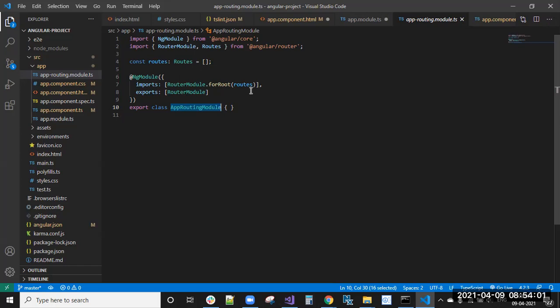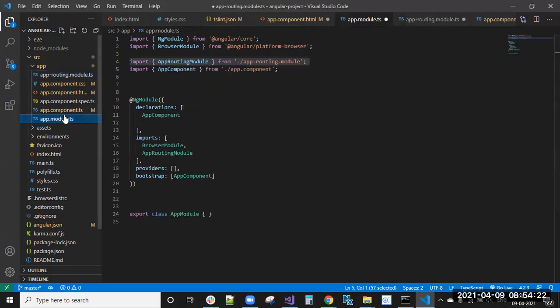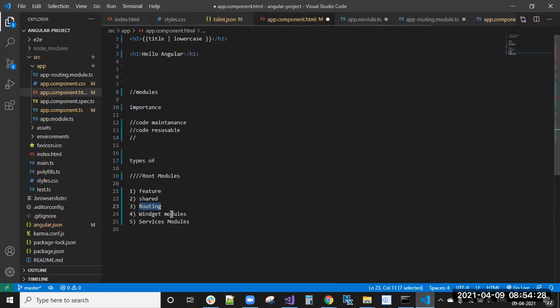All routing information should be kept under the app routing module only. For all the routing modules, the app routing module is the root routing module, because only this app routing module is imported in app.module.ts. Now understood, right? That is the routing module.